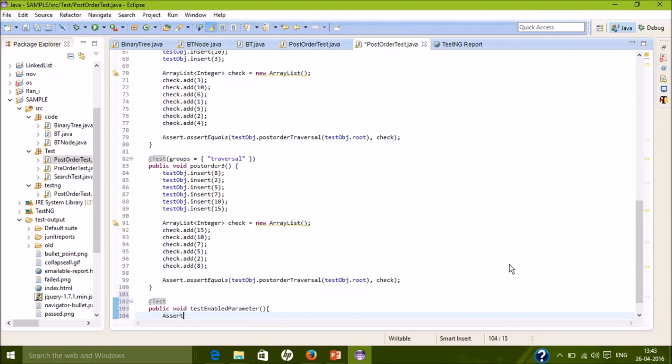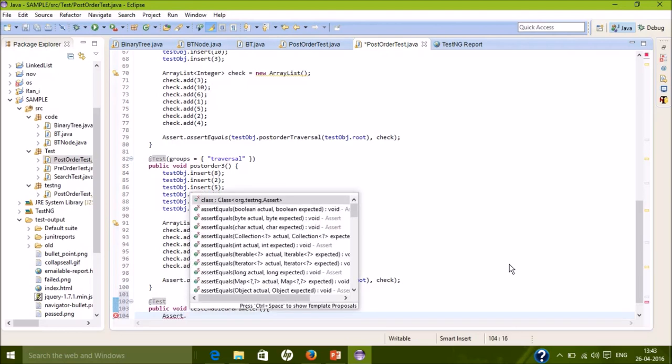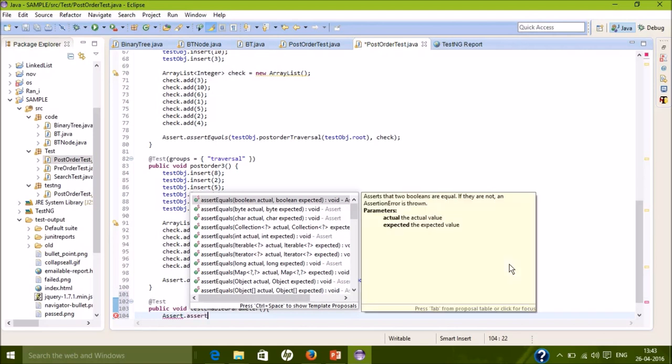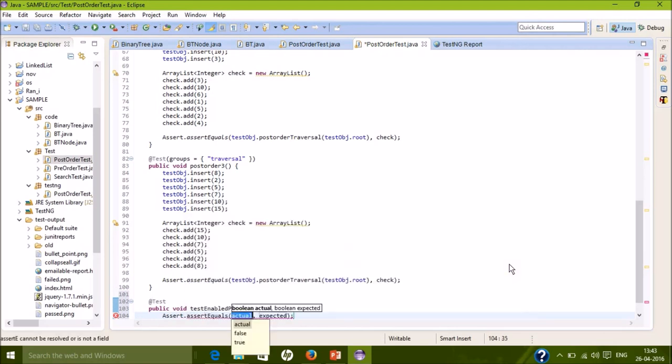In this method, I'm writing assertEquals(true, false). Now this test method should fail as the expected value true is not equal to the actual value false. Now I'm going to run this test class.